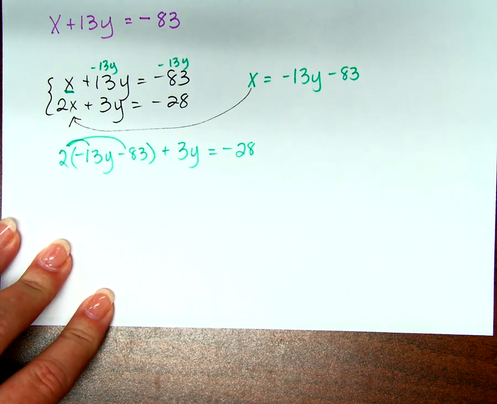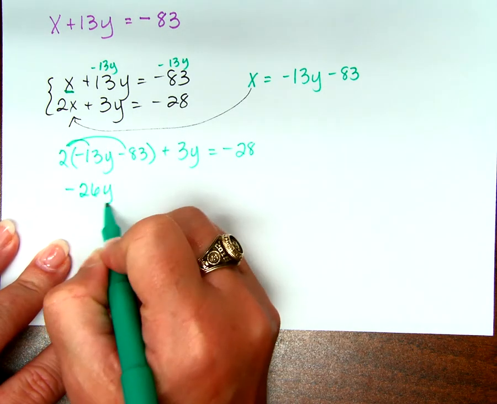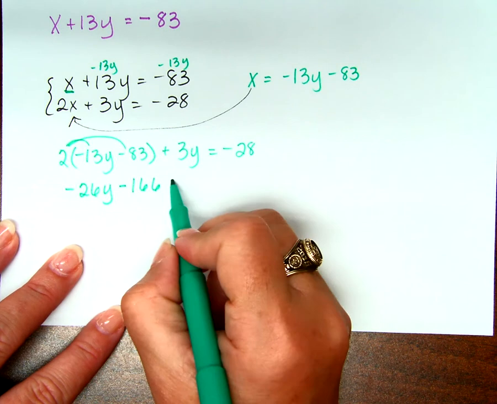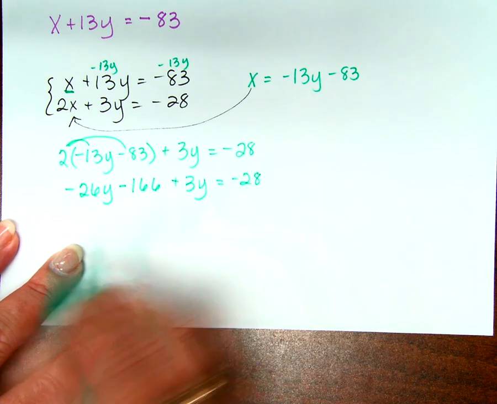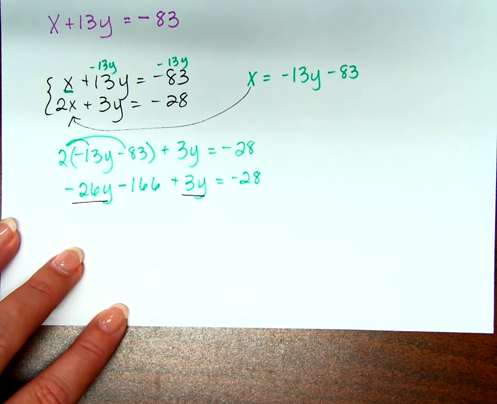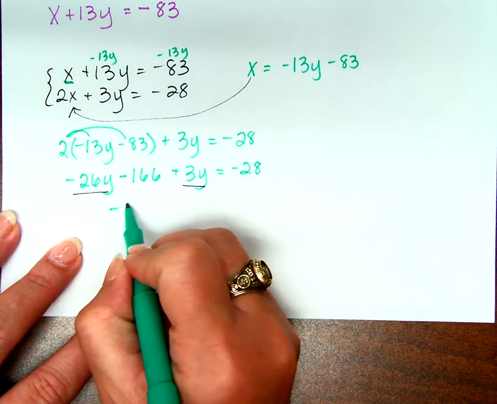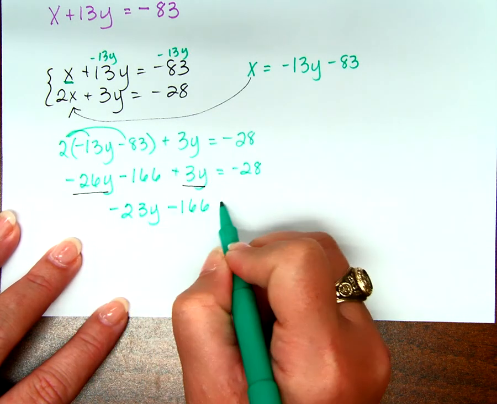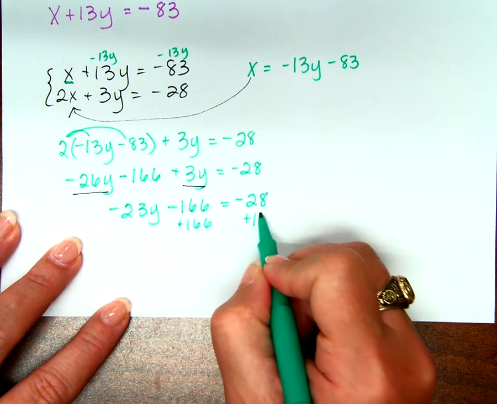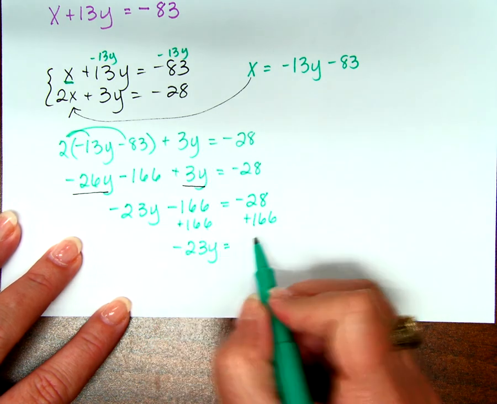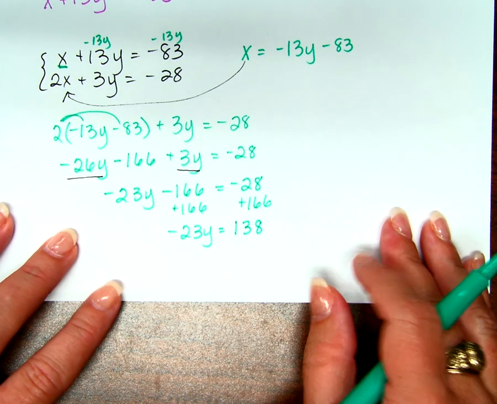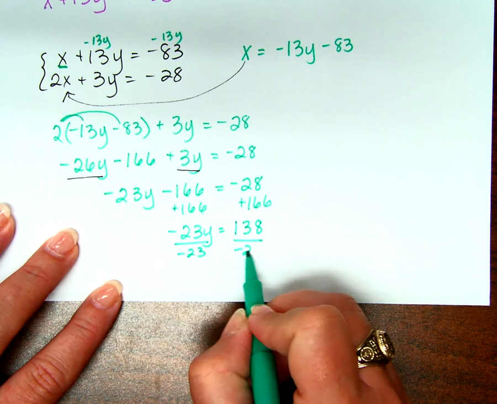Distribute, distribute. Negative 26y minus 166 plus 3y equals negative 28. I got a y term here and a y term here. What do I get when I combine those two y terms? Negative 23y minus 166 equals negative 28. Good. Adding 166 gives me negative 23y equals 138. Dividing both sides by negative 23, y equals